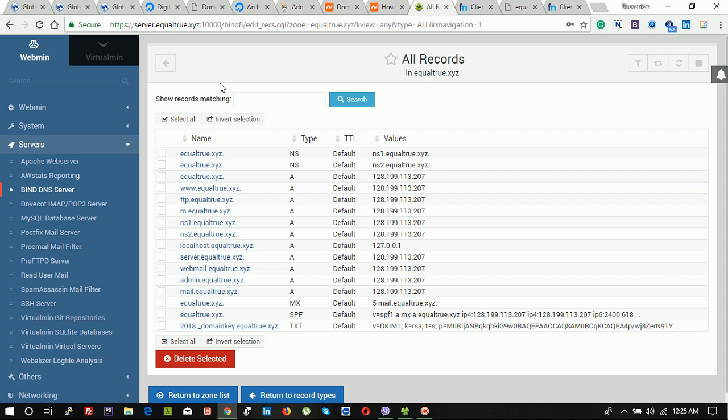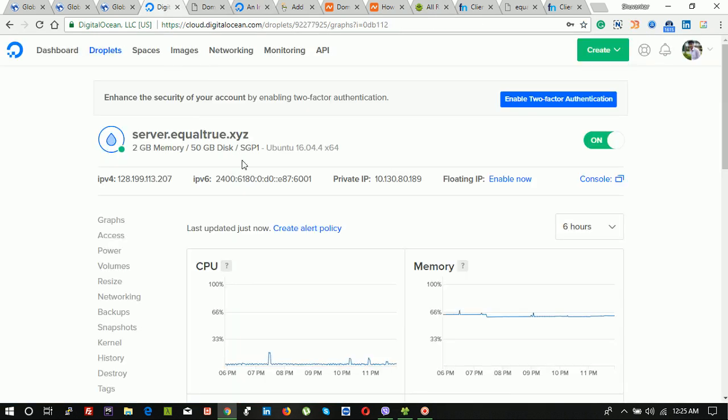I'm using a virtual machine to make this hosting. So my IP address is this.